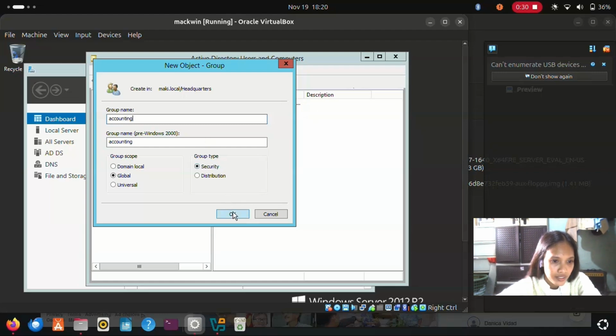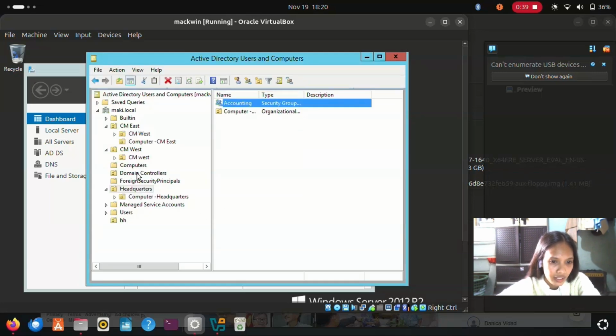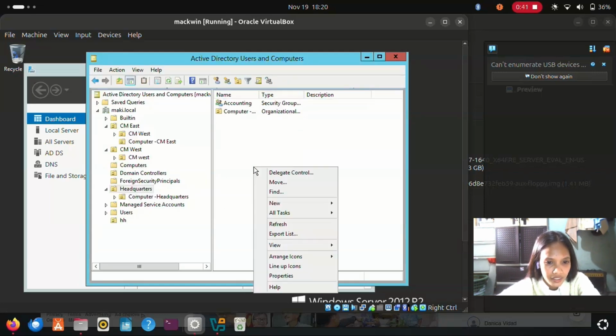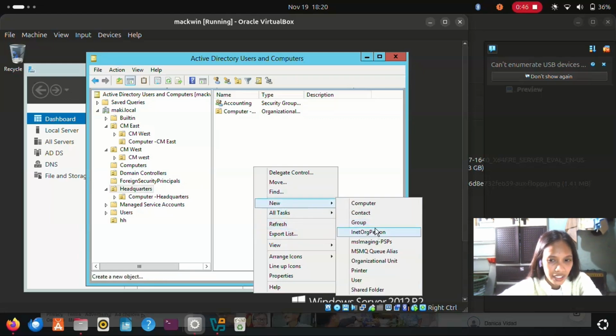A dialog box appears showing the Active Directory structure. The user navigates to and selects the newly created Clients organizational unit under the Maki local root and clicks OK.